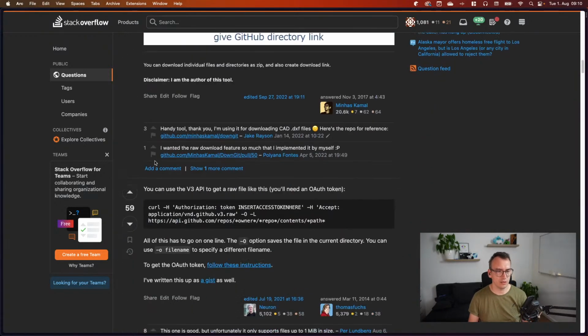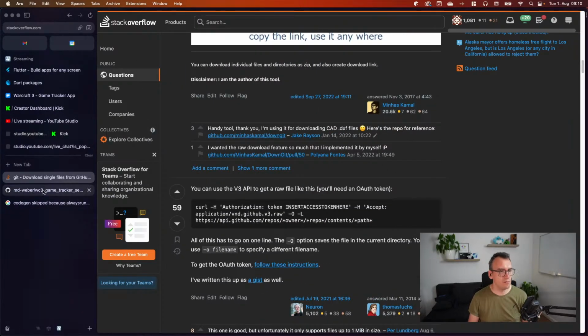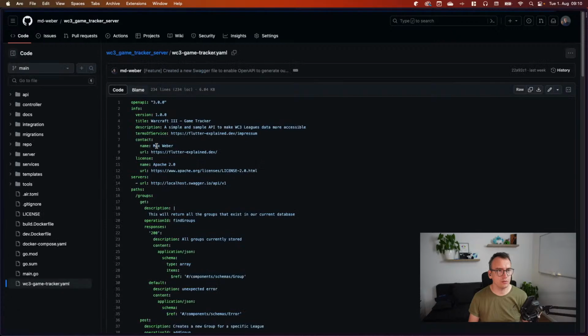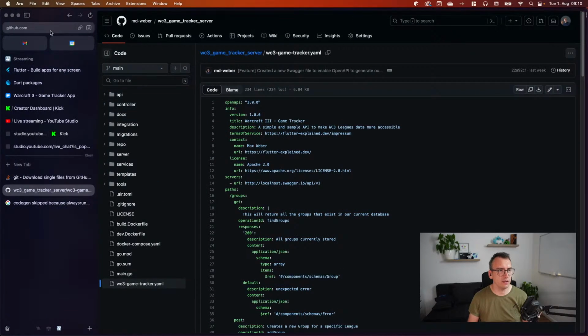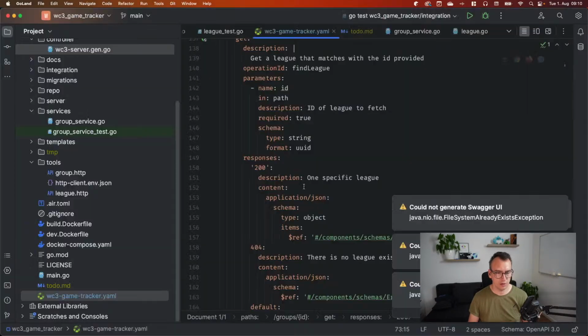So you can use this to get raw files like this. So actually we just want to get this file. Do we have it? Yeah. So that shouldn't be a problem at all, right? So if I use Warp, for example,